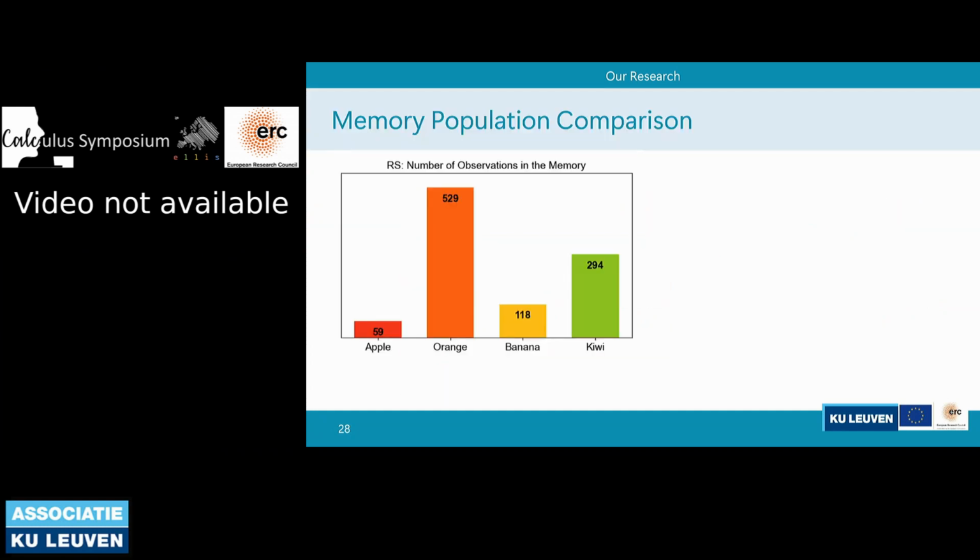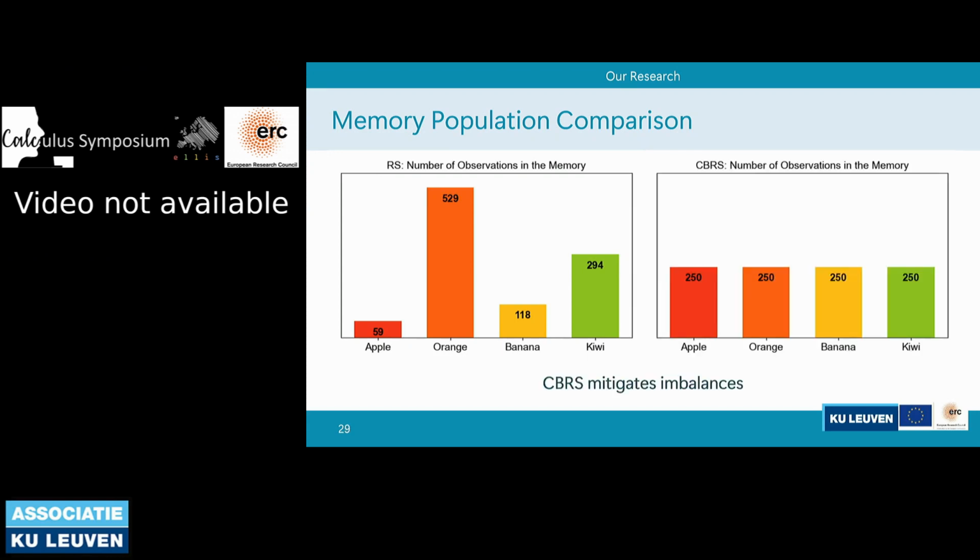And yeah, let's see an illustration now about how the class balancing reservoir sampling approach that we propose compares to reservoir sampling. On the left, we can see the memory distribution after the model has been trained on the imbalanced stream if the memory population algorithm is reservoir sampling. And here we can see what this distribution would be if we had used class balancing reservoir sampling instead. And we can see that the use of the algorithm we propose mitigates the imbalances between the different classes.